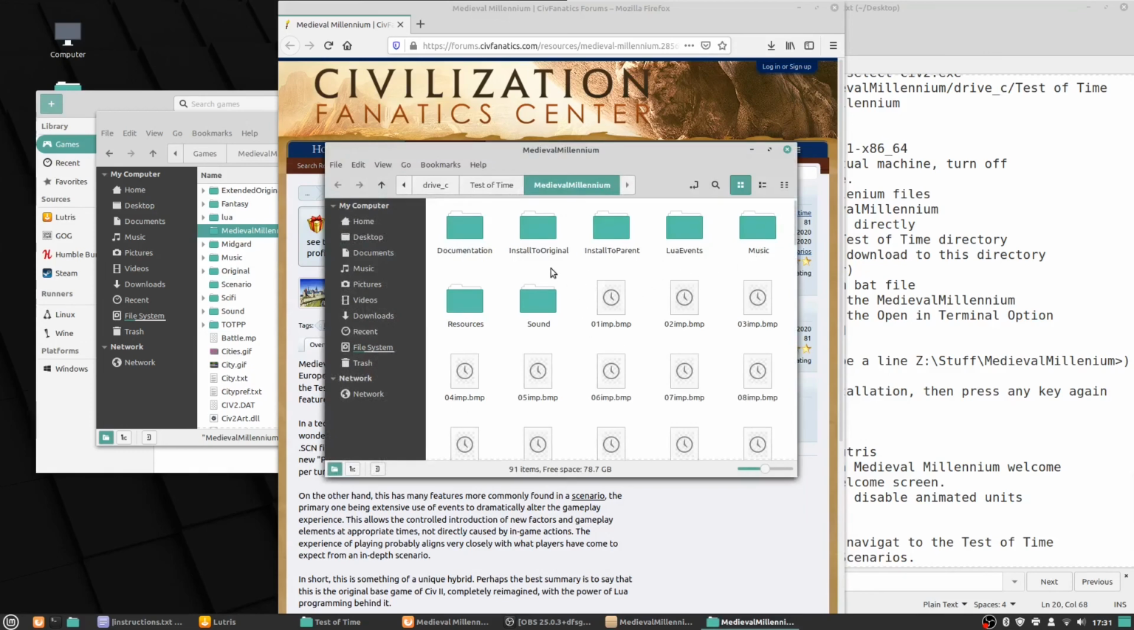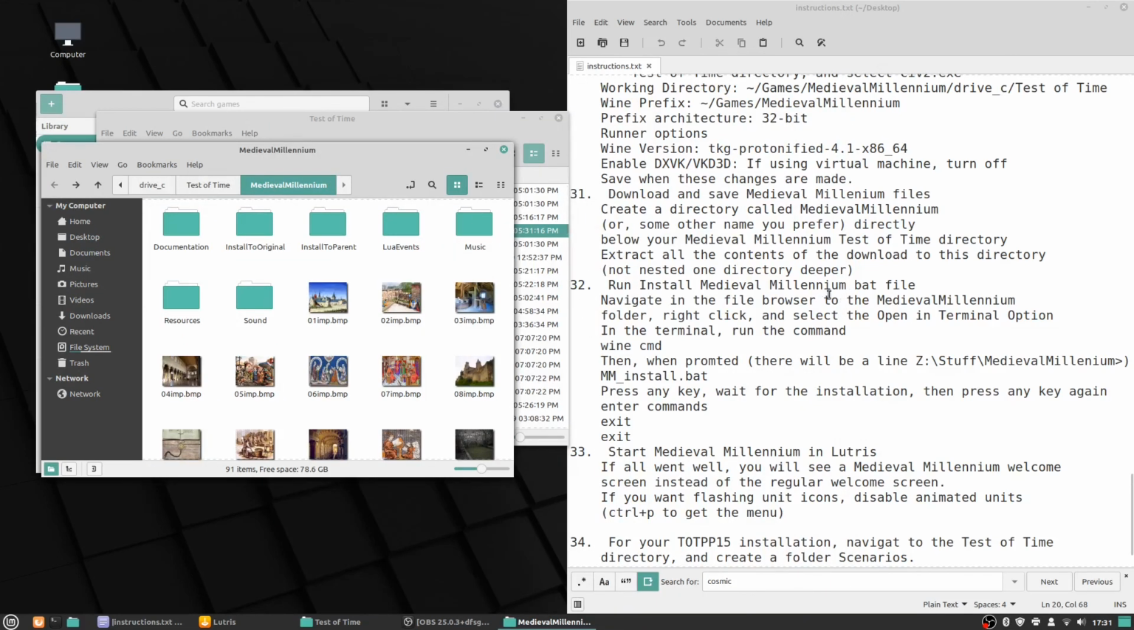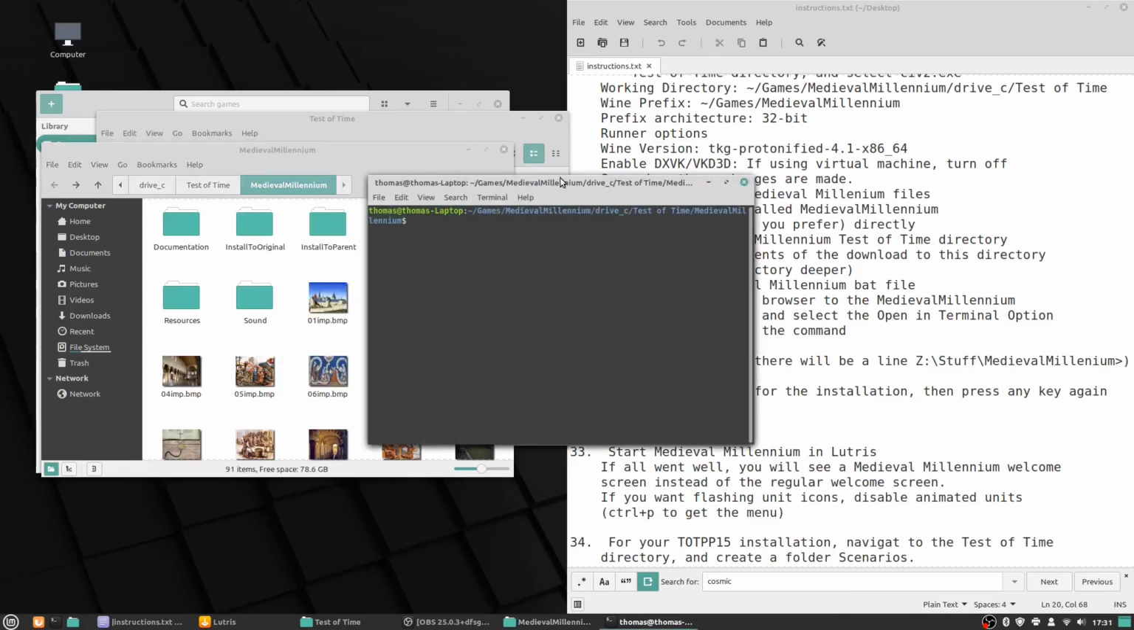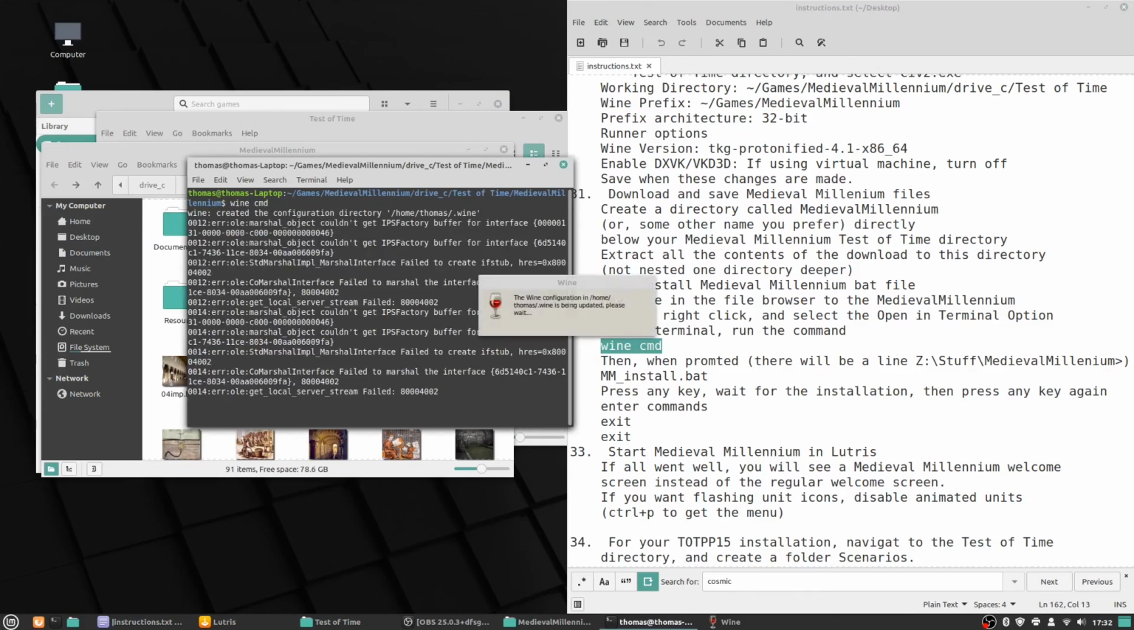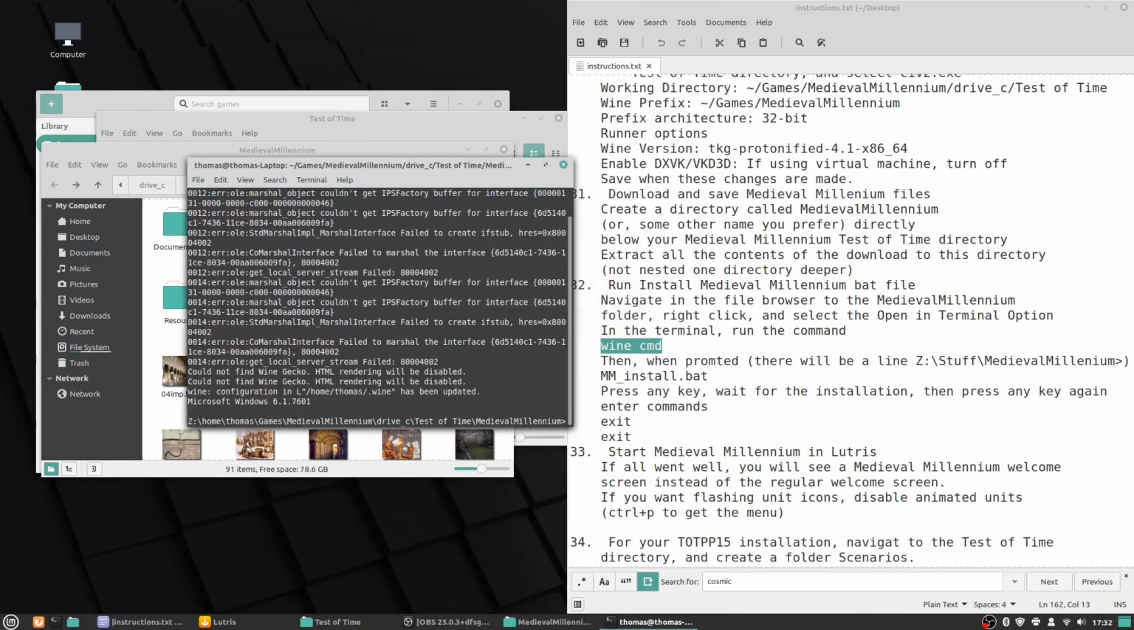I'll show the files. We're going to run the installation bat file. So we navigate to Medieval Millennium here. Then we're going to open this in terminal. And we will write in wine cmd, which I'll just copy right from there. Press enter. Just wait here for a moment. And so now there is the prompt here for Z colon all this. And so then we'll just put in